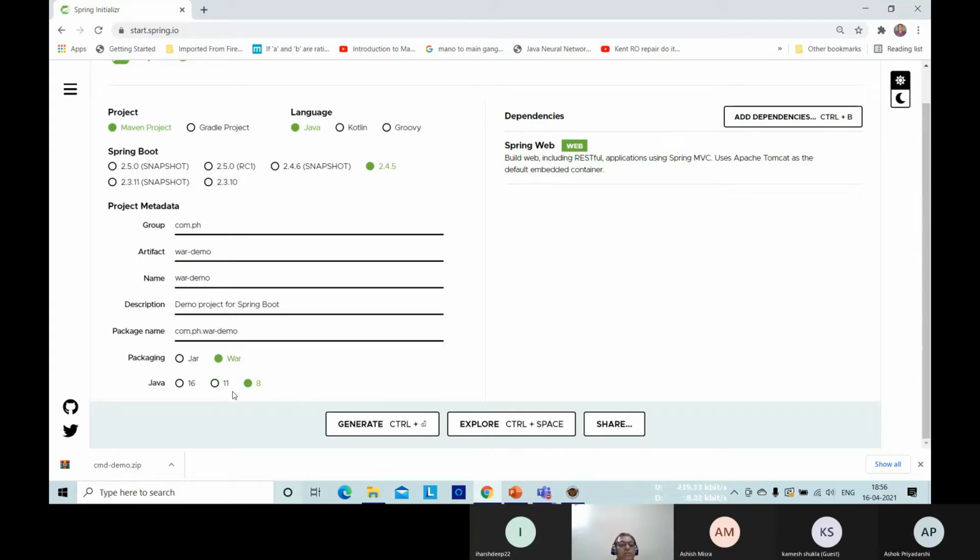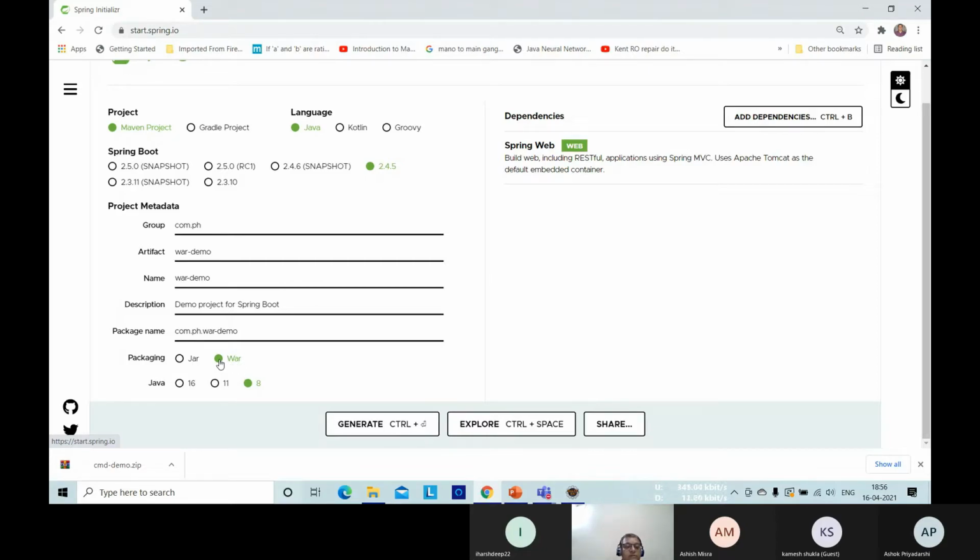Remember, when you are supposed to create war file, the purpose will be to deploy into some container which supports Java language, like Tomcat.